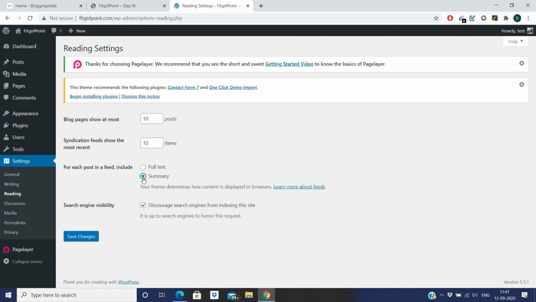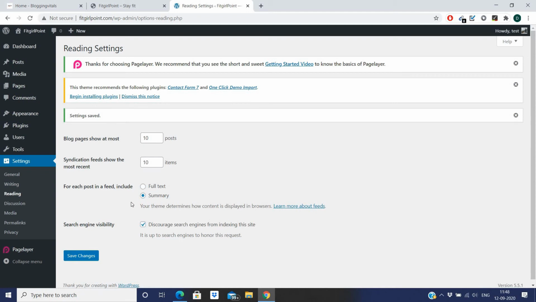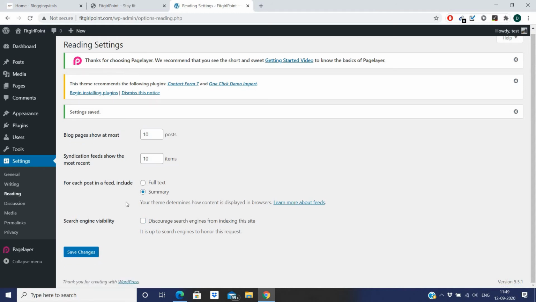Keep it as summary. These can be 10 posts, 5 posts, as you want, and then click on save changes. And one thing I missed is search engine visibility, which discourages search engines from indexing this site. You need to untick this option because you want your site to be indexed in search engines, and then hit save changes. So all the changes have been saved.